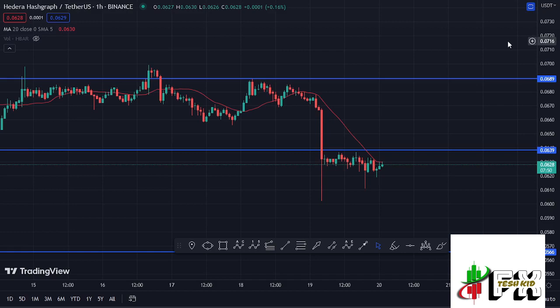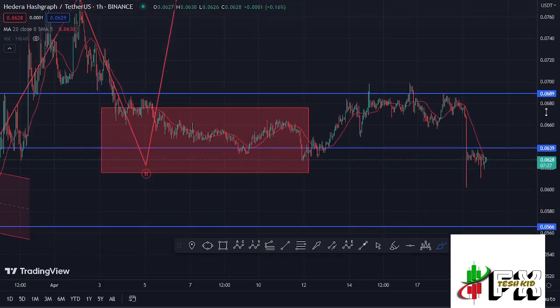Welcome back to TechKidFX for another Hbar price prediction update, which at the time of this recording is holding below the 20-day MA here on the 1-hour chart, which is now acting as resistance. We are also holding below a key area of resistance at around the $0.0639 mark, and also continue to obey the Elliott structures, where we had been seeing a bit of a breakdown